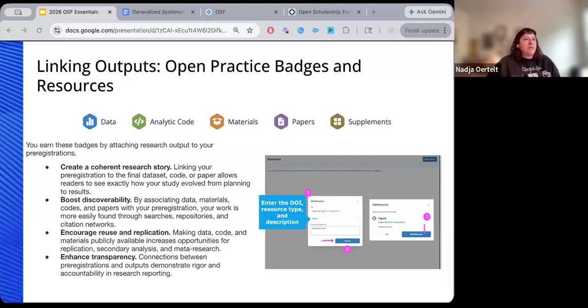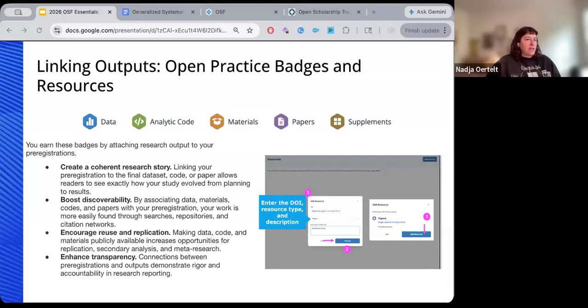We support a set of these open practice badges that recognize and signal specific forms of transparency. So if you earn a badge, if they're colored as opposed to just black and white, it means you've linked a resource that meets that badge criteria, and it makes it publicly available or it can be publicly available with a DOI.